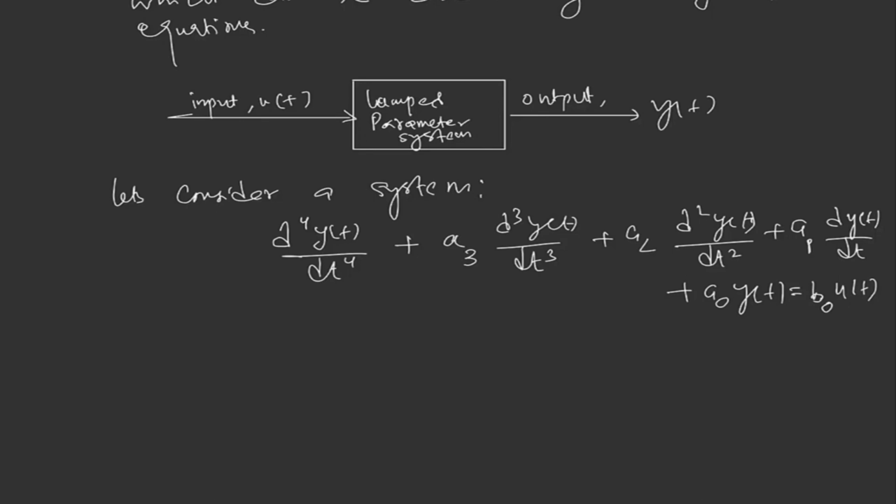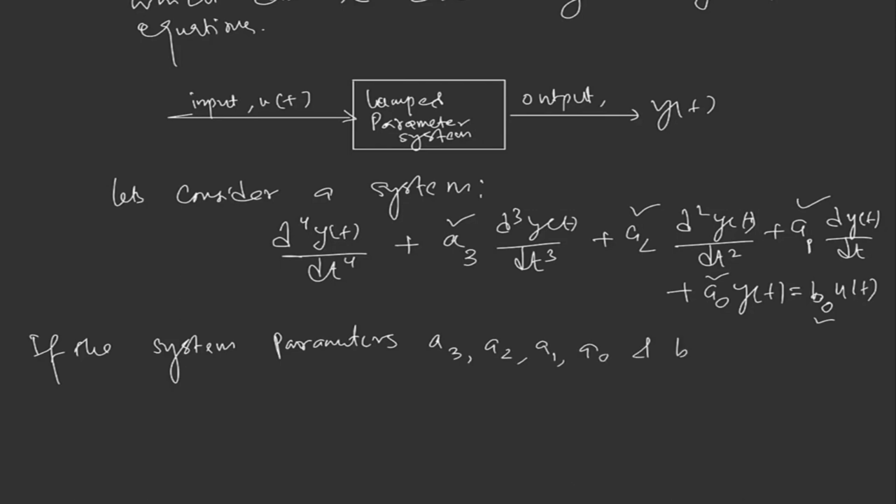So here, because a3, a2, a1, a0, b0 are unknown parameters in the system, if the system parameters a3, a2, a1, a0, and b0 are time varying,